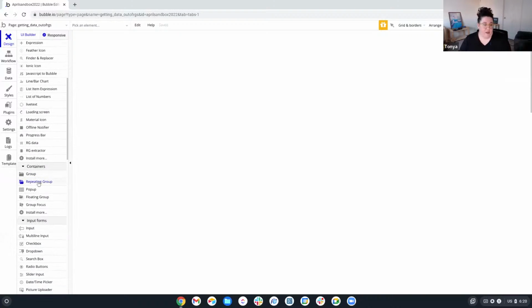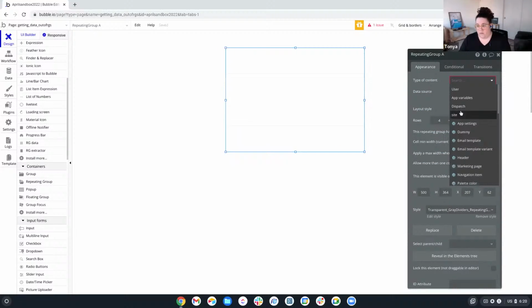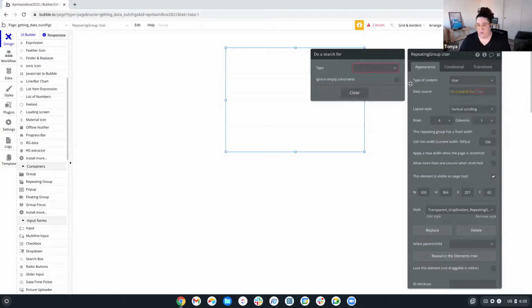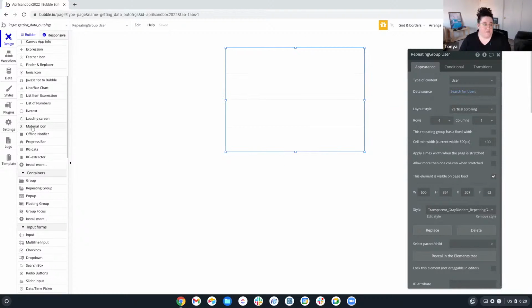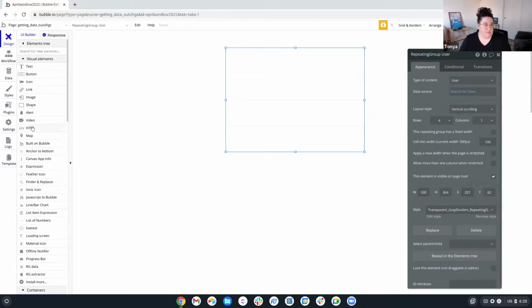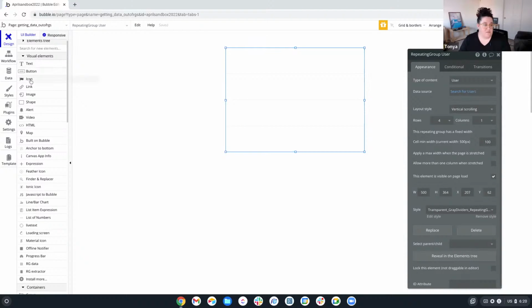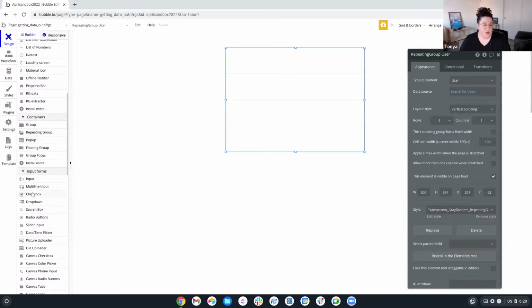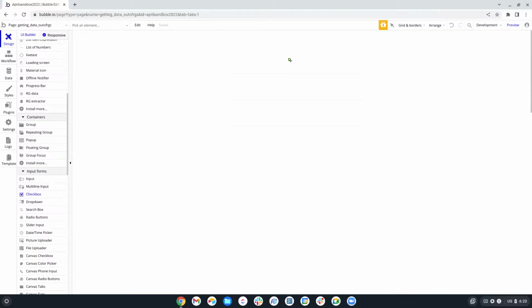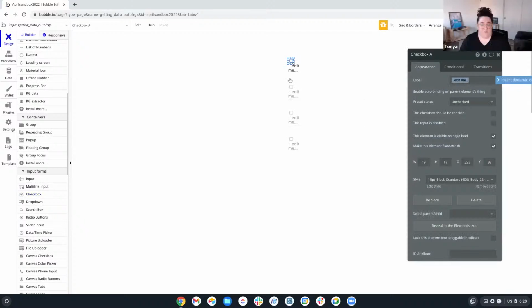So I'm going to have a repeating group, and I don't have very many things here, so I'm going to make it users. And then I'm going to have this checkbox, I guess, is what you're working with. Are you working with an actual checkbox? Yeah, I am. Okay. So you're going to have this checkbox here. And then you're going to have this